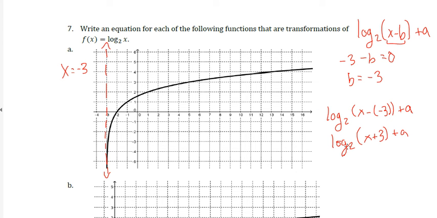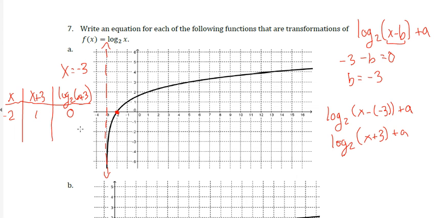All right, now I need to figure out if it got shifted up or down. The way we figure that out is we look there. We're going to use this as our point of reference. So we're going to make a little table of values here. Here's how I like to make these. I have x, I have x plus 3, then log base 2 of x plus 3. So I'm going to use x equals negative 2. Negative 2 plus 3 is equal to 1. And then we have log base 2 of 1